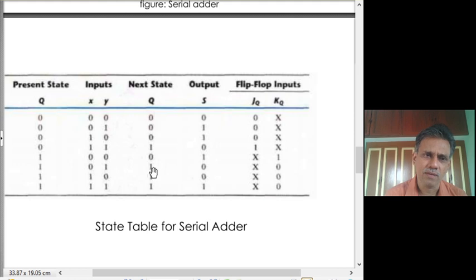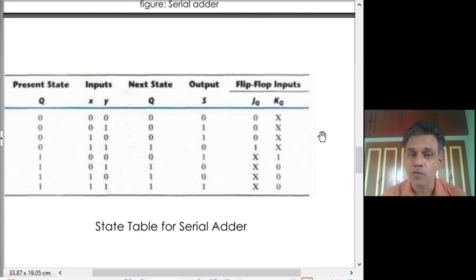So you could have found out the logic function corresponding to it and fed it to a D flip-flop and stored. But in this case we are rather using a JK flip-flop. So the question is, if this is the present bit stored in the JK flip-flop and this is the desired bit to be stored, what should be the J and K inputs that will make that possible? This is actually a problem of synthesis of a design of a digital circuit using JK flip-flop.